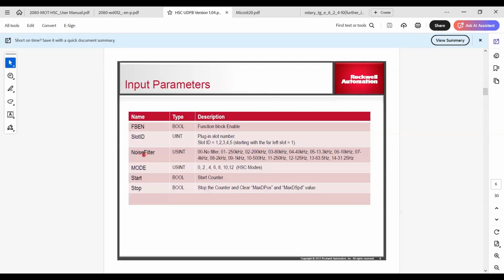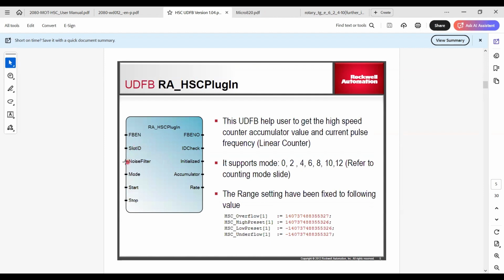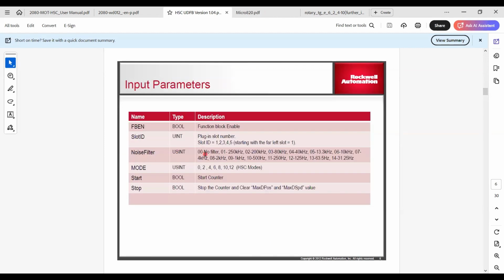And here you have the noise filter. If you define 0, 0 here for this noise filter, there won't be any filter. If you have a lot of noise in your signal, you can use some sort of filtering that will filter out any high frequency noise. And there are several modes available, 0, 2, and 4. I will explain them later. And start is